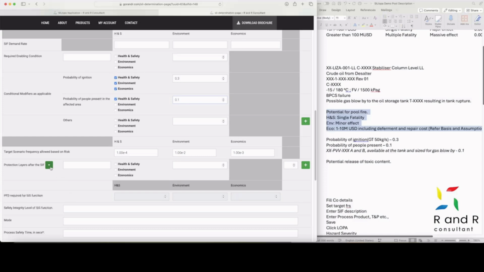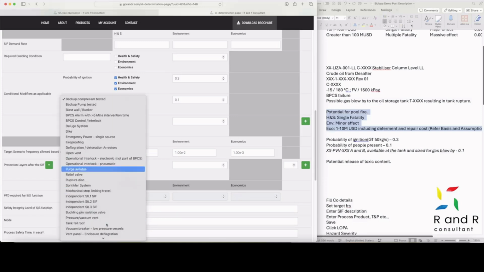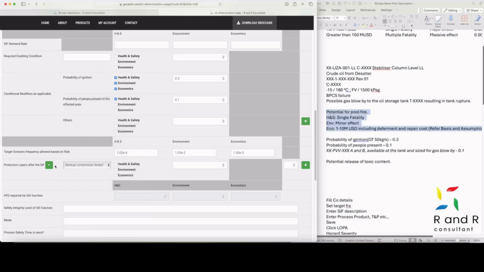For additional barriers, plus button can be clicked and barrier added. Barriers have a drop-down list with pre-populated probability, and there is also a toggle option to fill your own. There is a provision to fill the barrier testing frequency.